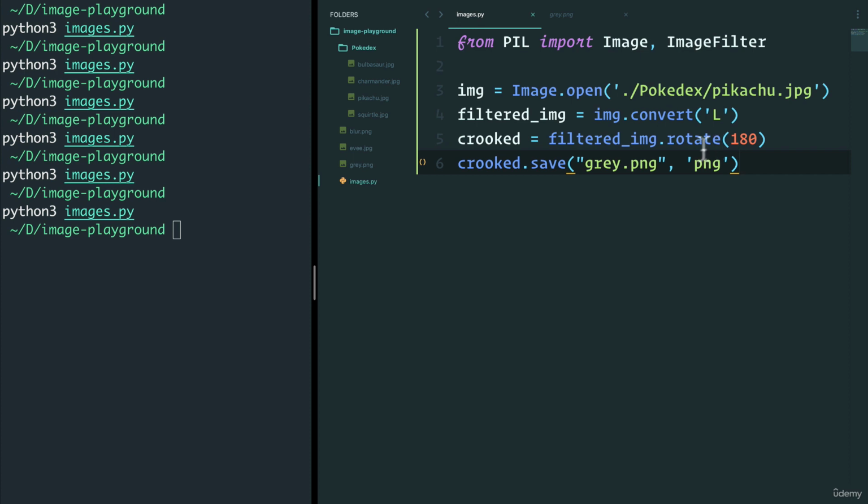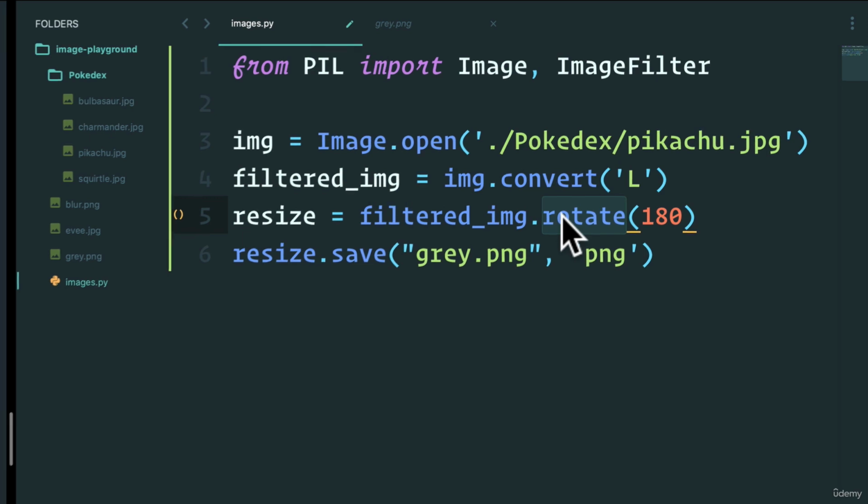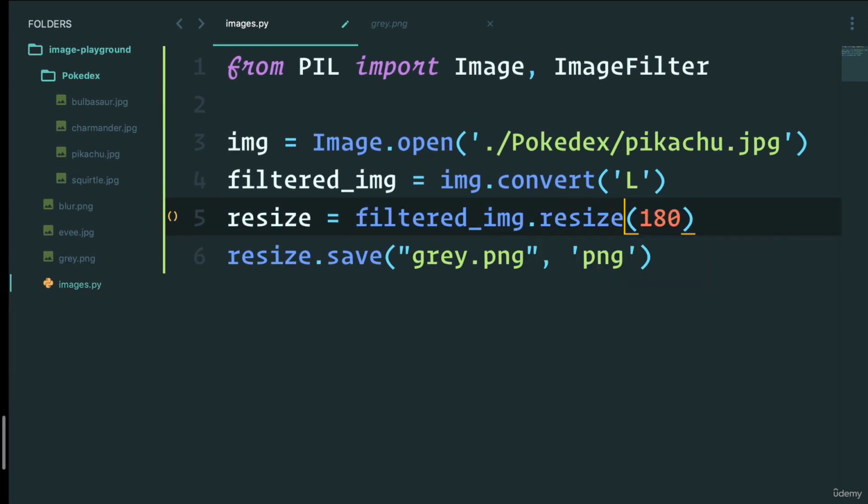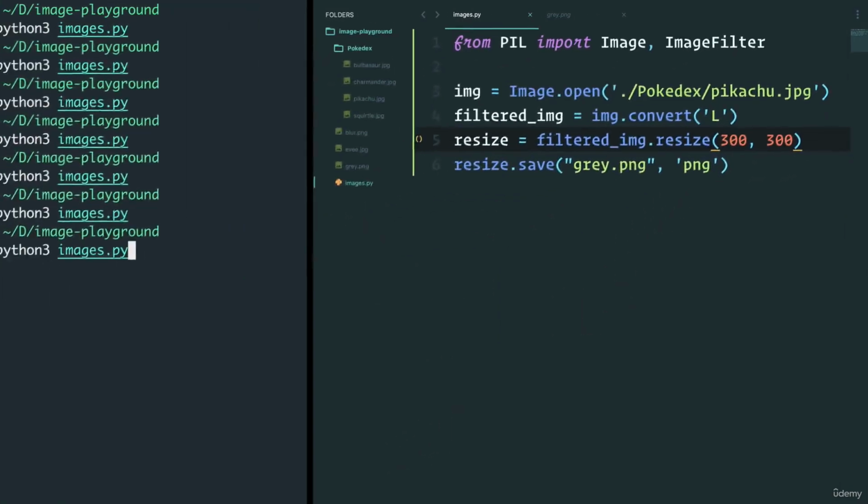We can also resize the images. So let's just say resize here, and this is going to be called resize. And instead of rotate, what we'll say is resize. And we can say that this image, remember, it was 640 by 640. I'm going to resize it to 300 by 300. So a nice little thumbnail. If I run this,